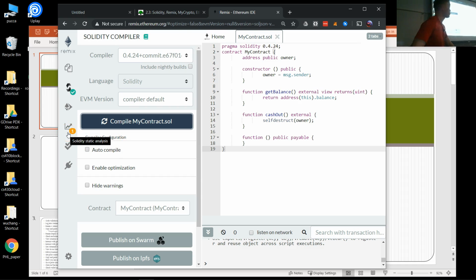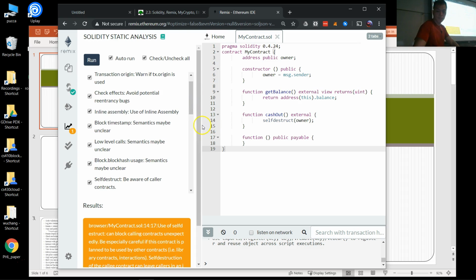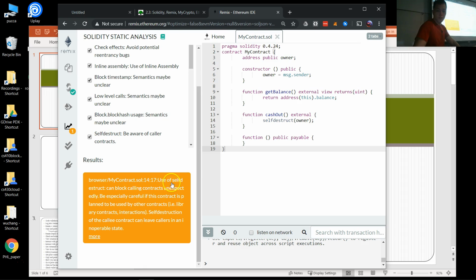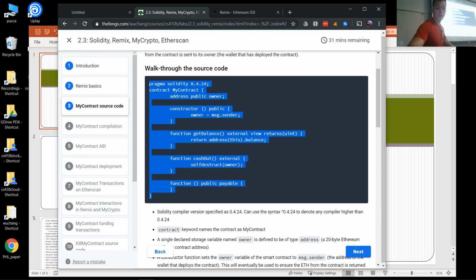And so I'm going to click on this warning, Solidity Static Analysis, and these tools are meant to signify what might be wrong in your smart contract. So I'm going to click on this, and I look down here, and it says use of self-destruct can block calling contracts unexpectedly. So it does not like self-destruct. And the reason why that warning might be there is, and this is explained in the code lab,